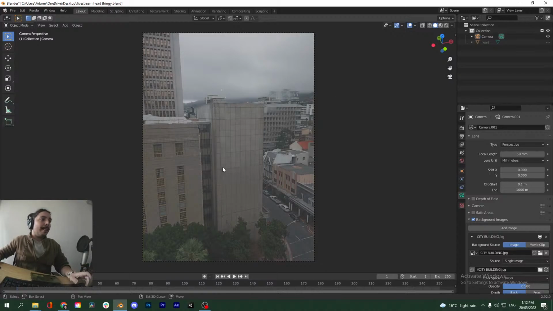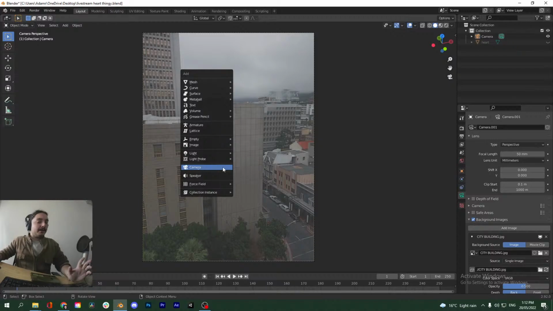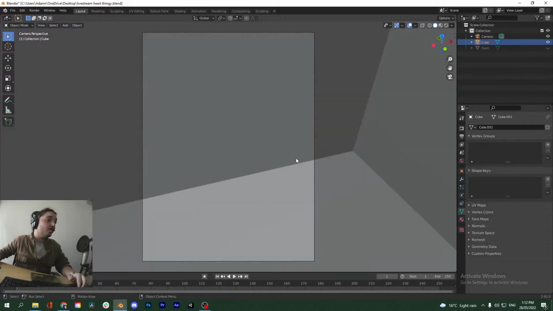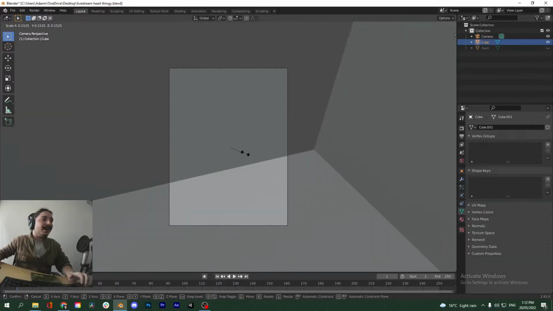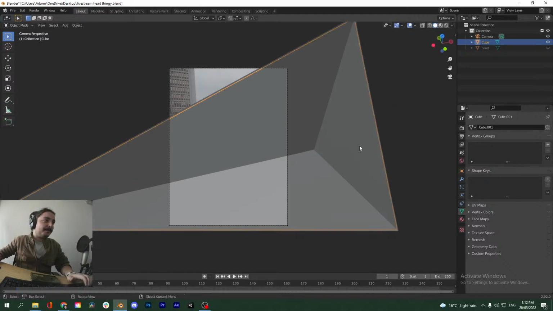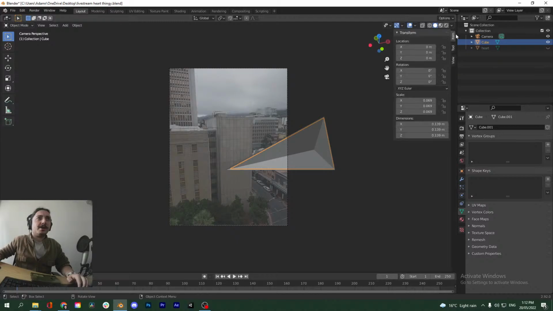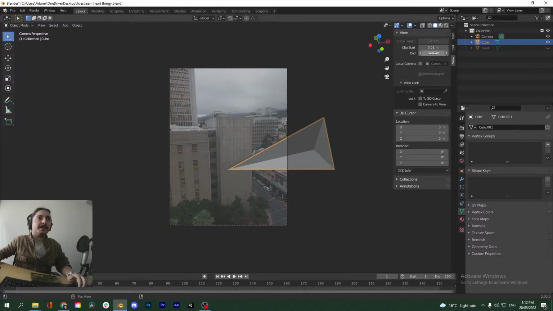So in a real practical example, like if you were doing this for work or for a client, you'd probably want to use software like FSpy to kind of align things. But I'm lazy. For the sake of this tutorial, I'm just going to kind of do it by eye. By the way, this is tweaking out because our clipping distance is not far enough. I usually like to just set this to like 5 million.